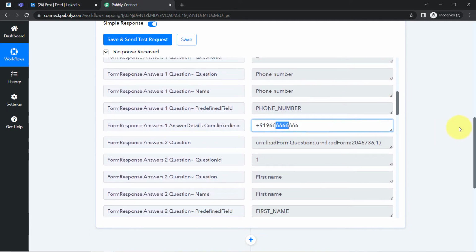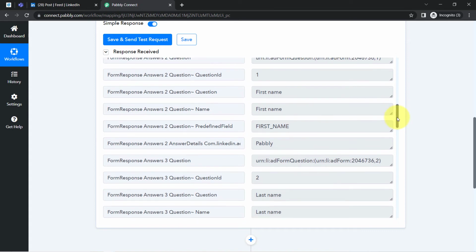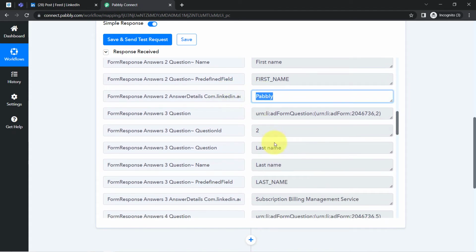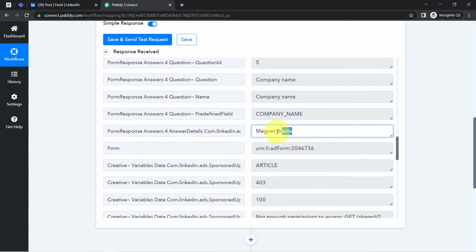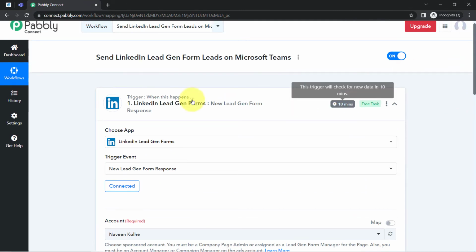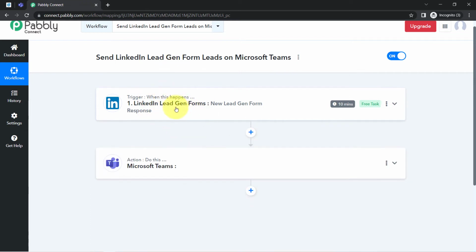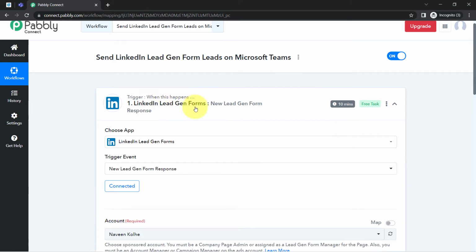We have the same phone number as well, and remember we provided some default values as the first name, the last name and the company name. So we have the exact same data. The presence of this data clearly shows that the connection between our LinkedIn lead generation form and Pabbly Connect is working absolutely fine. So from now onwards, every time someone submits your LinkedIn lead generation form, the details will be captured via Pabbly Connect every 10 minutes, because this trigger will check for new data